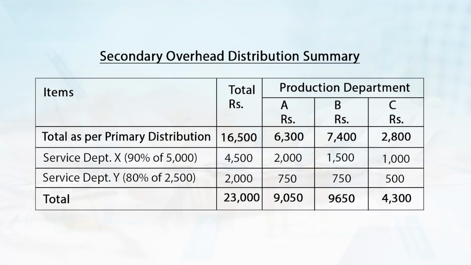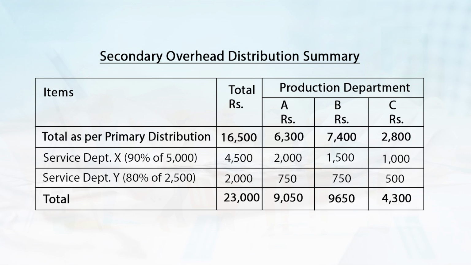For service department X it is 90% of 5,000, which is equal to 4,000, and the amount for production department A is 2,000, for B rupees 1,500, for C it is 1,000, and service department Y it is 80% of